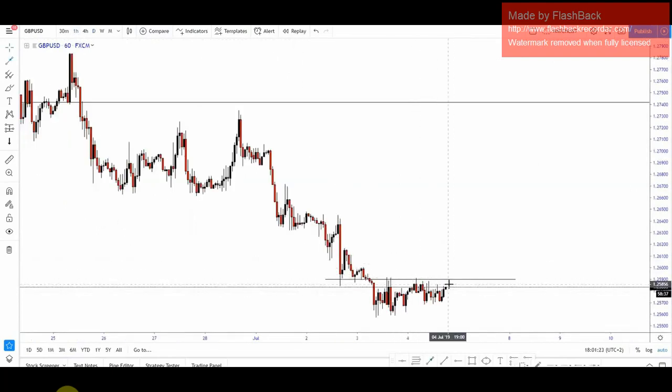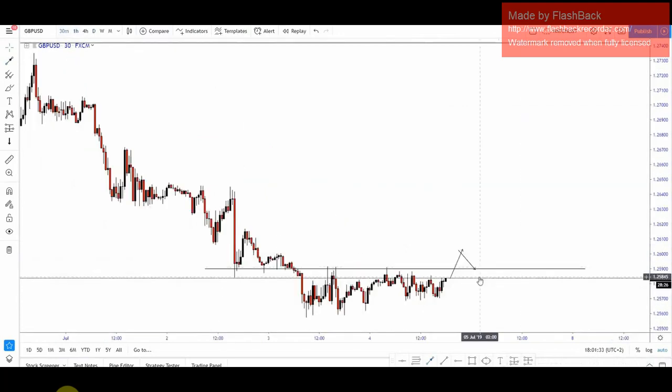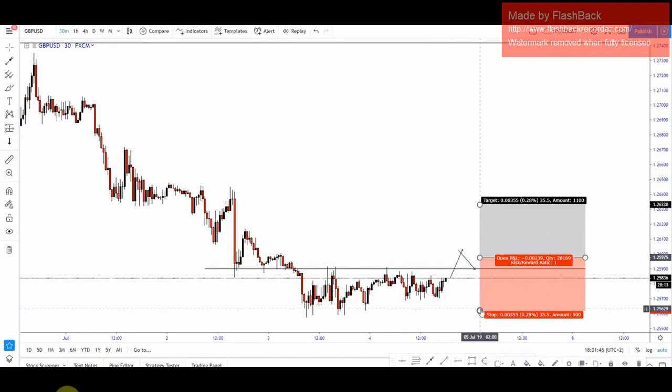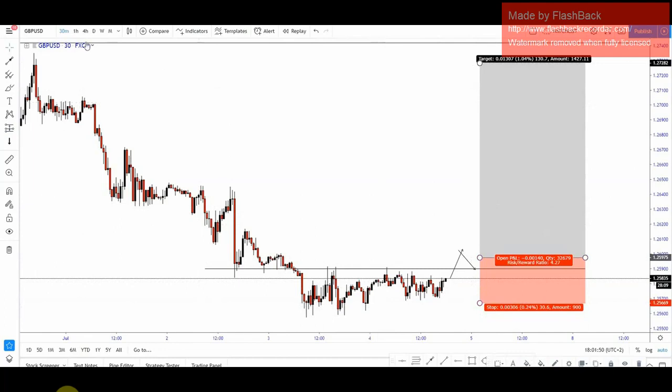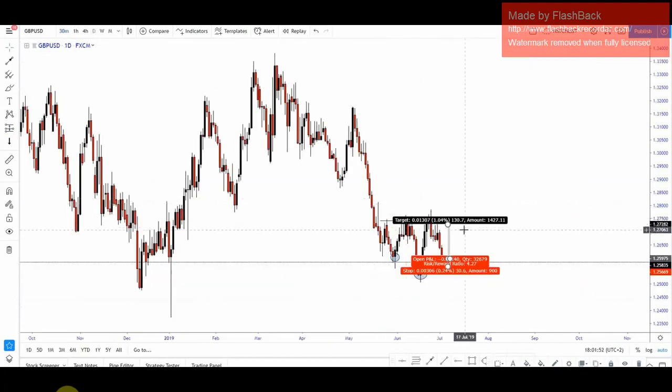So what you're going to wait for is very simple. You wait for a nice clean break, then you wait for a nice retest of this area. Once you get the retest, you can drop down to a 30-minute time frame. Wait for a bullish engulfing, a morning star, some sort of bullish move to place your buy. Your stops will then go beneath here. So let's just say you get a bullish engulfing over here, boom. Your stops are over there, and your target based on the daily will be, let's call it